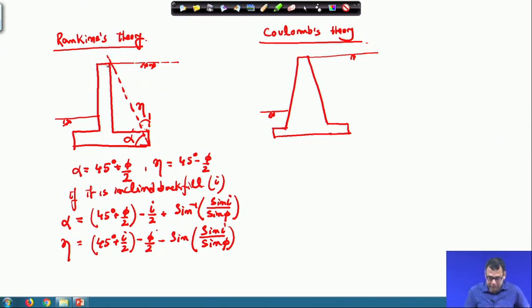Okay, that is the first condition. Suppose if it is satisfied, you go for the Rankine. If it is not satisfied, you go for the Coulomb. Now, if it is satisfied, you are applying the Rankine's theory. Then remember that in this Rankine's theory, this force will act at the edge of this base. Okay. So, you have to apply this force, and which is parallel to the